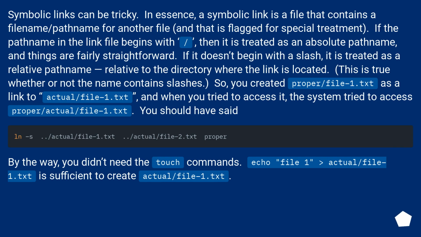So, you created proper/file1.txt as a link to actual/file1.txt, and when you tried to access it, the system tried to access proper/actual/file1.txt. And you should have said